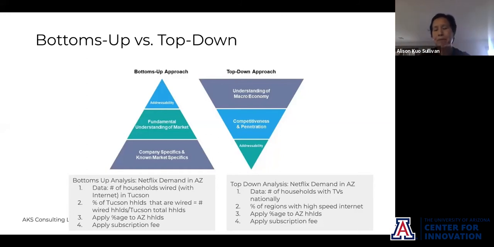So I provided you a link in the resources, coming from Viola Group, that gives a very detailed description of bottoms up versus top down. And they use a very simple example of a dog walking business that I think would be interesting for you to look at, just so that you understand the difference.